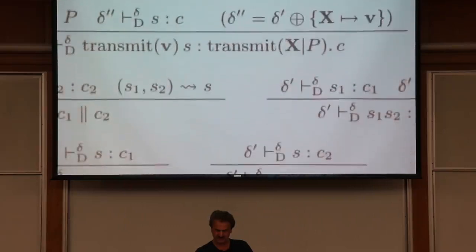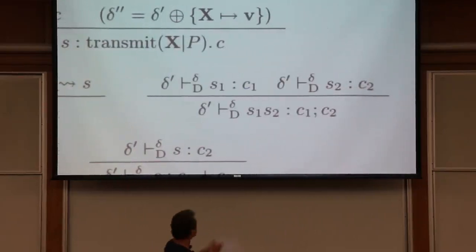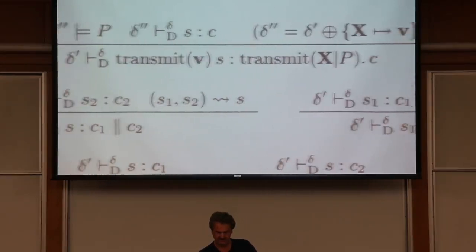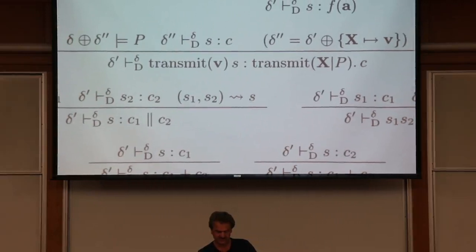The interesting part then is, this one is not surprising either. The concatenation of two strings belongs to the concatenation of two contracts if and only if there's a way of splitting S into two parts, S1 and S2, each one satisfying their respective contracts. And the thing that makes it special is that we make updates to the environment